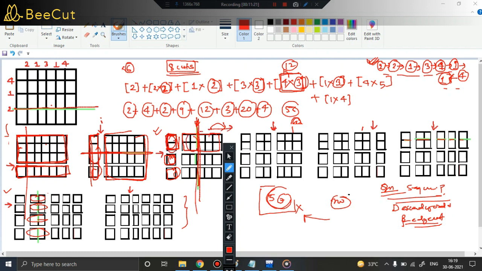1 piece, 2 piece, and these 3 separate pieces. So 1 piece, 2 piece, 3 piece separate. I hope you're getting the point. So we will keep track of 2 variables, the horizontal part